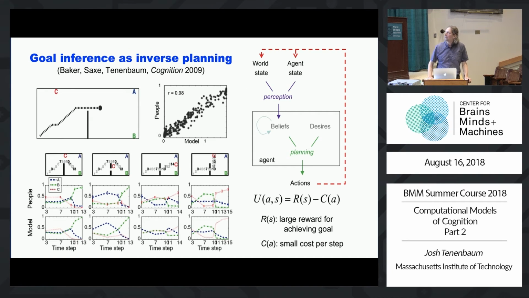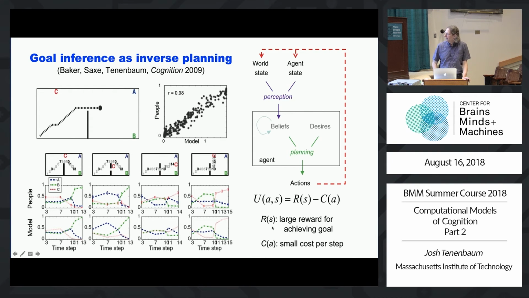So we started doing this line of work more than 10 years ago with Chris Baker, and Rebecca Saxe has been heavily involved in a lot of this work too, and inspired a lot of it. But Chris Baker started just doing basic goal inference. So you're just seeing an agent move around, and there's no worry about beliefs. You just assume you and the agent have perfect understanding of the environment. But the question is just, as you see an agent moving around with different constraints, walls and holes, and different possible goals, what do you think the agent wants? And how do your inferences about the agent's goals or desires change over time as a function of how the agent moves and turns and might surprise you?